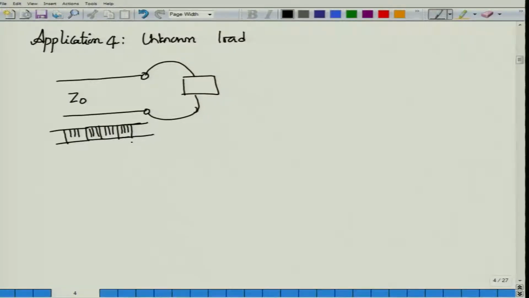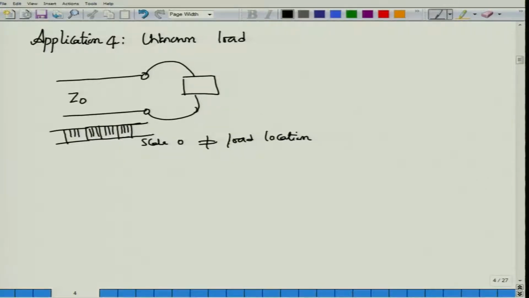Usually it will have some 0 marking at one particular point and then go. Please note that the scale 0 is not the same as load location. Okay. Mathematically we keep saying that Z equal to 0 is the load location, but the scale 0 that I have is not the load location. In fact, it would be usually slightly away from the load.